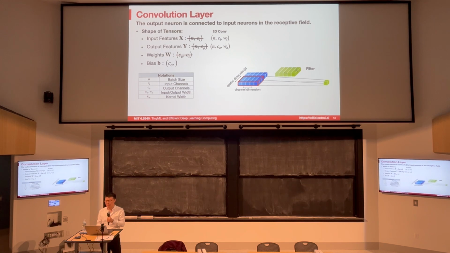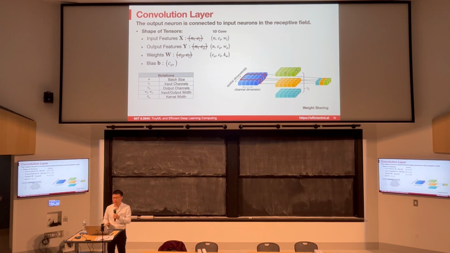Here we also have the input channel dimension Ci, and here we have the Kw, which is the filter dimension, and then we have multiple such filters. Each filter is going to convolve with the input and produce one output, and we can shift this sliding window by 1 to get another output. And we can shift it again to get another output. So as a result, the output feature